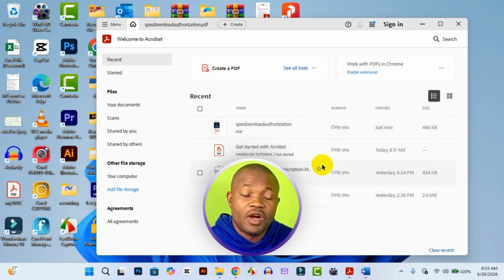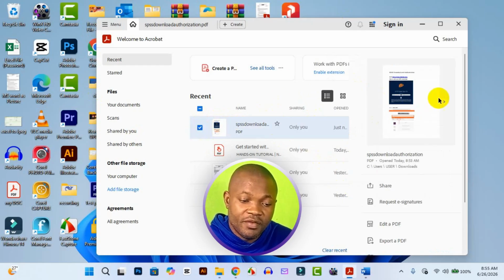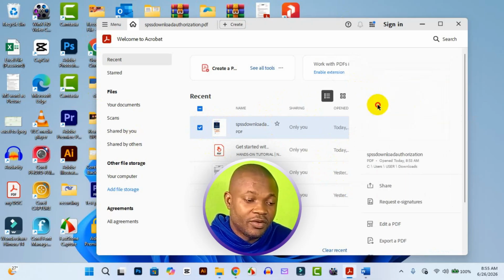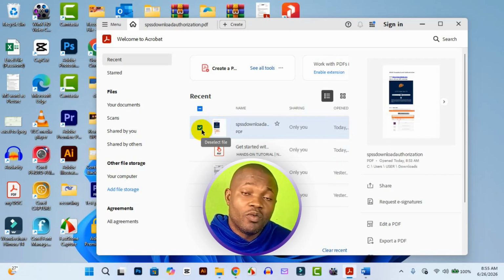In this video, I will show you how to remove unwanted pages from your PDF in Adobe Acrobat without any stress. Let me show you how. So I'm going to use this particular PDF file as an example. From the preview right here, this is about 3 pages. So how can we simply remove these unwanted pages from a PDF that we have in Adobe